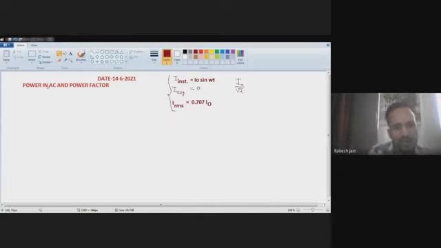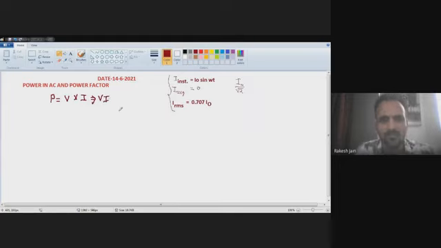Okay. Now we have to calculate the power in the AC circuit. First of all, we should remember the standard formula for power. The standard formula for power is equal to voltage multiplied by current. So we can say VI is the standard formula to calculate the power. Here we do not have a fixed value like DC, 5 volt DC, 3 ampere current. So 5 multiplied by 3 is equal to 15 watt power.